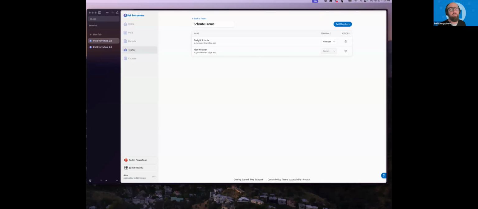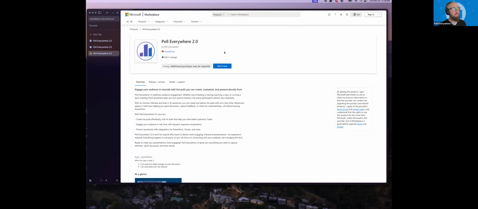Like I'm on a Mac right now. That's where I would go up here and insert my activities into PowerPoint. But now, like I said, this is actually going to be living inside of 365. So for instance, if you didn't have it downloaded yet, simply click on the Poll in PowerPoint, click on Download Add-in, and then right here is where it's going to take you to the Microsoft Store